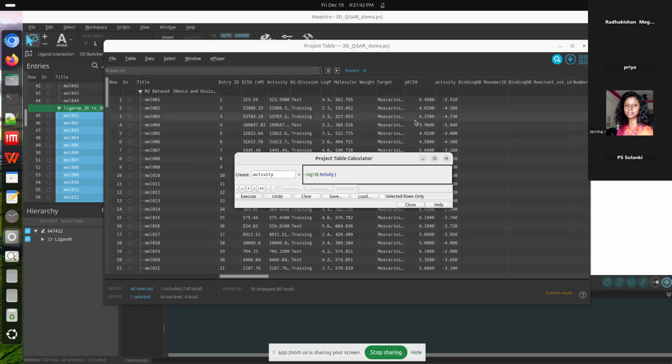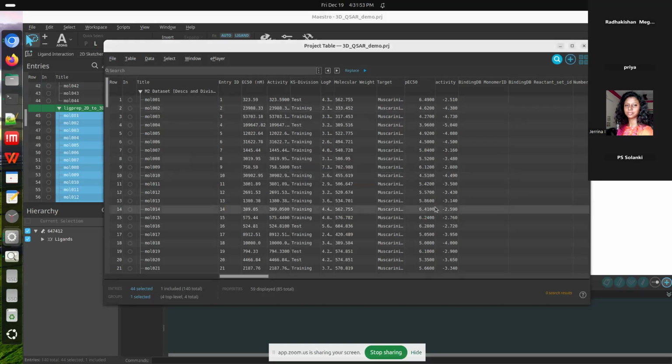To put it in simpler terms, it's just the logarithmic scale values of this EC50. So after getting the pEC50 values, you can just navigate